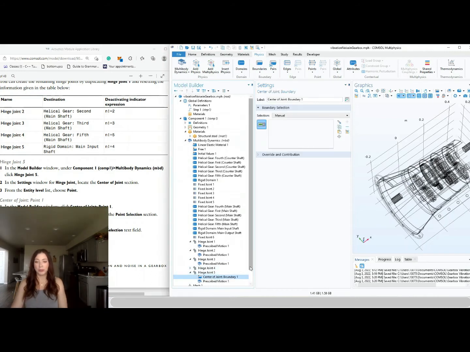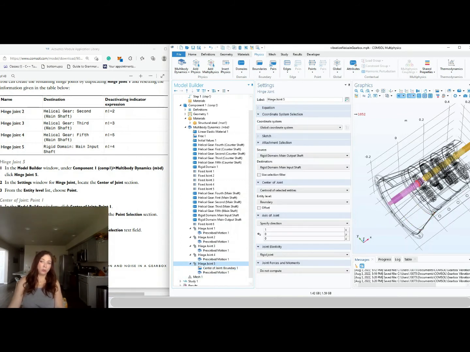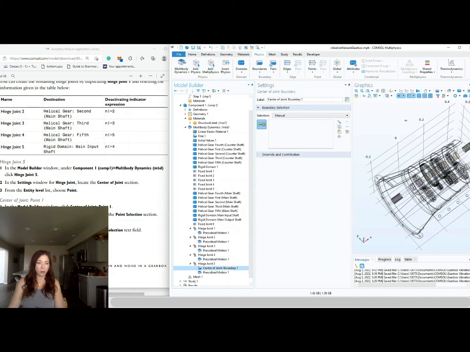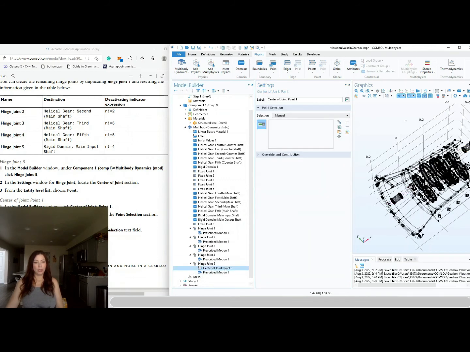Alright, for hinge joint 5, another option appears in the model builder window called center of joint boundary 1. So it wants us to select something. And you'll notice this property did not appear for the other hinge joints because hinge joint 5 is connecting two rigid bodies. So we need a center of joint boundary. So in the settings window, locate the center of joint section, and from the entity level list, choose point. Changing this from boundary to points. And then we're going to go to center of joint point 1, and